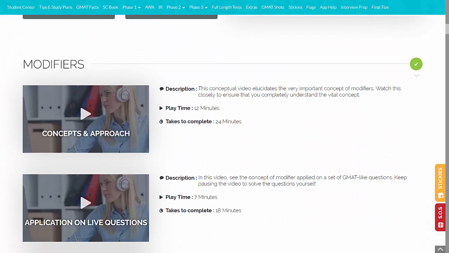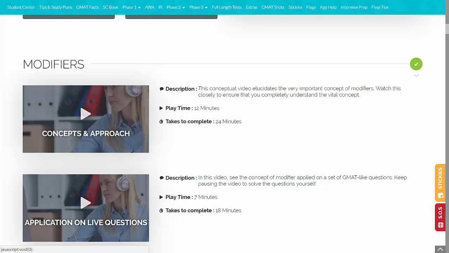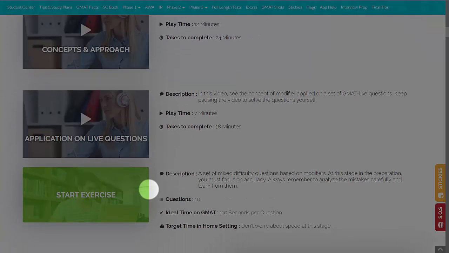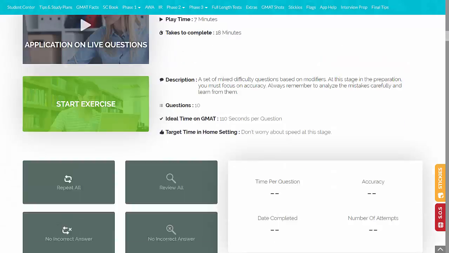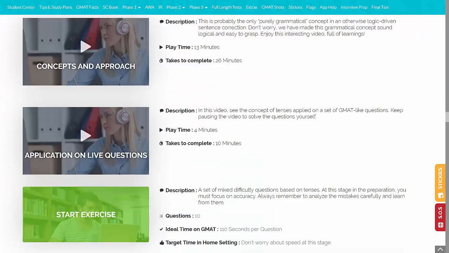So the pedagogy we have here is, first there would be a short video on explaining the concept and the approach. Then in another video, I have solved some live questions based on that concept. These are all GMAT-like questions with 5 answer choices on a GMAT-like ecosystem. And then you take an exercise based on the same concept. Keep on doing that one round for all the 8 main topics on sentence correction,